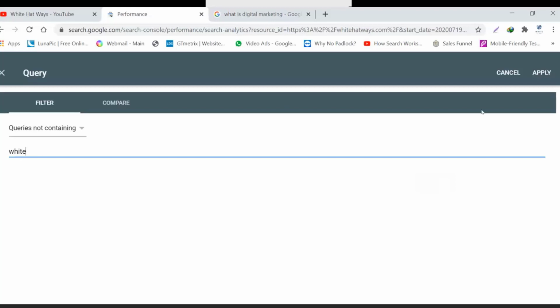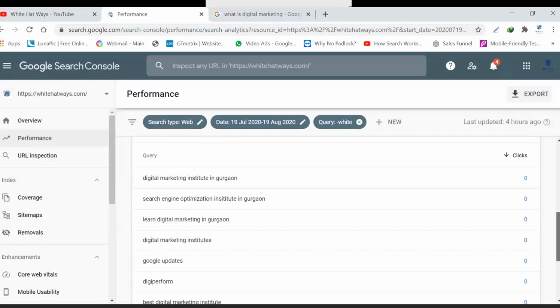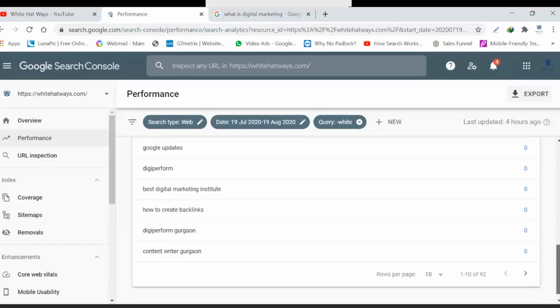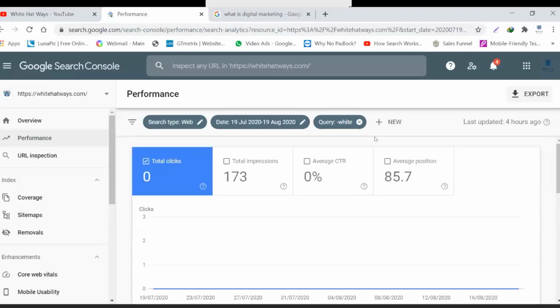So what will happen is all the queries which do not have the word white in them are going to appear, and it is the data pertaining to all the queries which do not have the word white. So all those queries which were appearing at the top, which had the word white, are no more appearing over here, for all the good reasons, because this time we are seeing white as a negative query. You can see the negative sign appearing over here. Initially it was a plus sign. So negative means every query which has the word white, just check it out of the results.